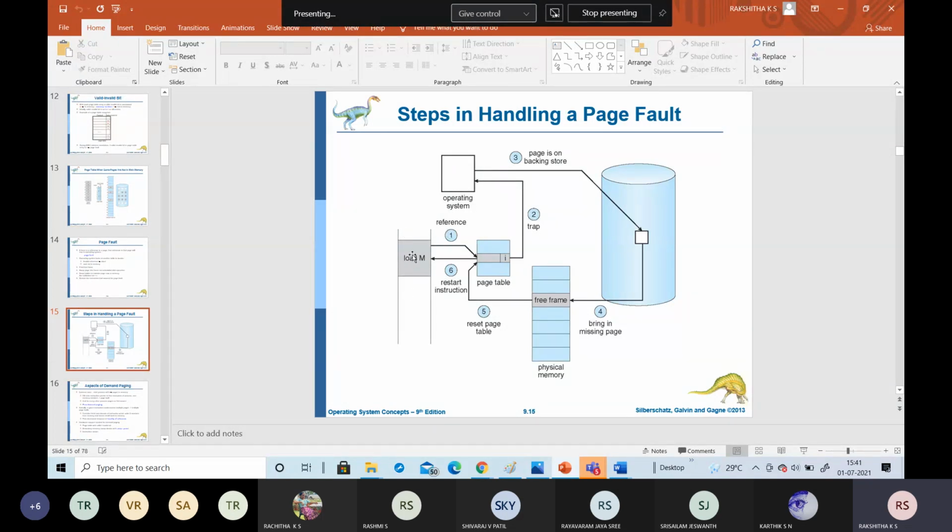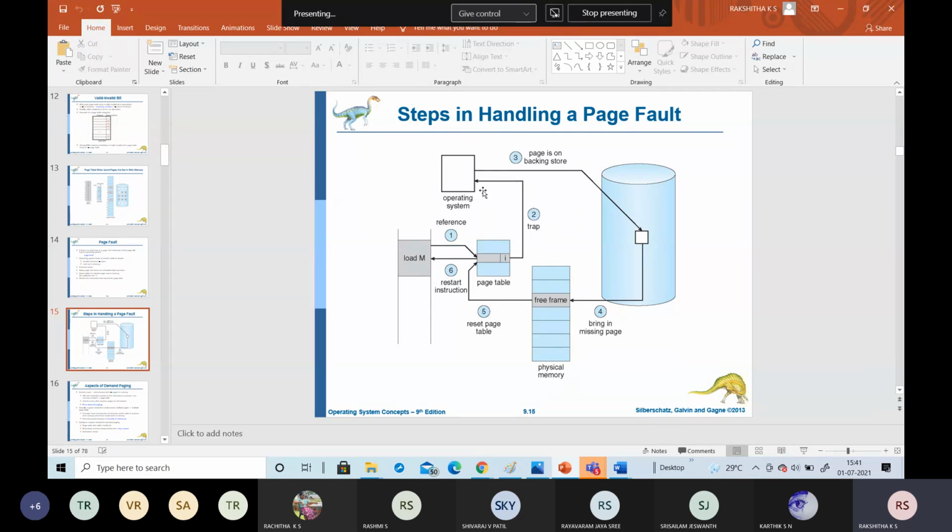So what is the first step? The CPU will execute the instruction and check whether that particular page number is available in the page table. The corresponding frame number is not available, so it is associated with an invalid bit. If it is an invalid bit, the operating system will raise an error, which we call a trap error.